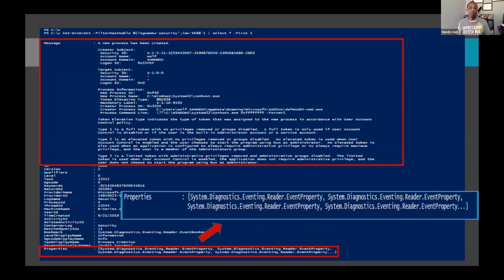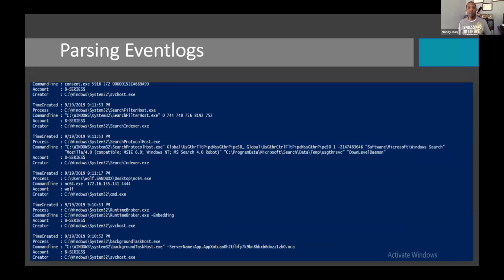So how do we do that? Well, there's another property called properties in which we can go deeper and parse that message field. This is one of those things that we do it once and then we use it many times. We would need to do this with every log that we're curious or interested in. So once I'm utilizing the properties within the property field, I can now pull out the very things that I care about. So we see the process, the command line, the account, the creator. We see all those things that were normally in the message field that I've now pulled out. Now, I've renamed them to make them make a little bit more sense for me.